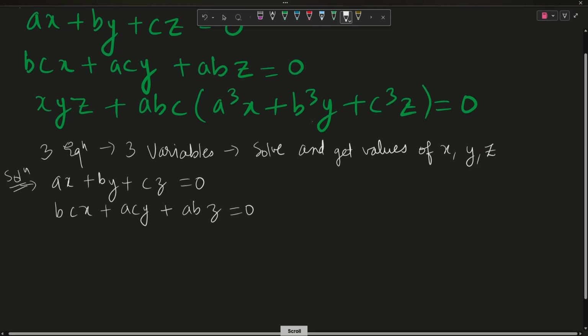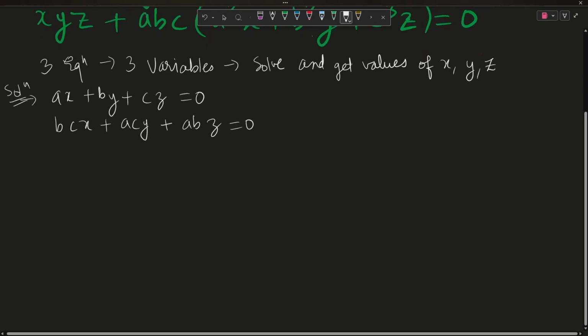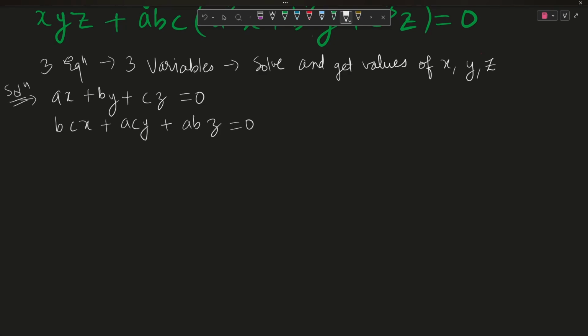We will do the same thing that we have done in the earlier equations. We will divide it by one of the variables. Let's say we are taking z. So after dividing it by z, what we will be getting is ax upon z plus by upon z plus cz upon z is equal to 0, and